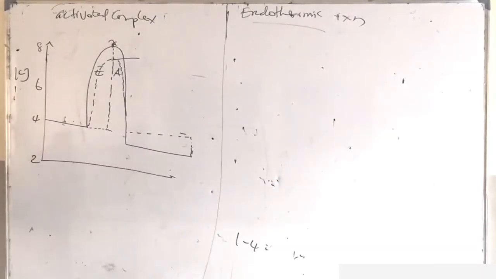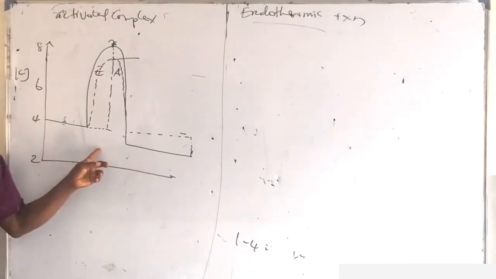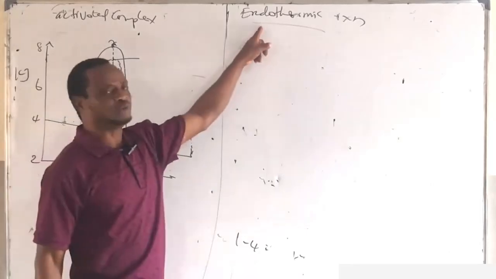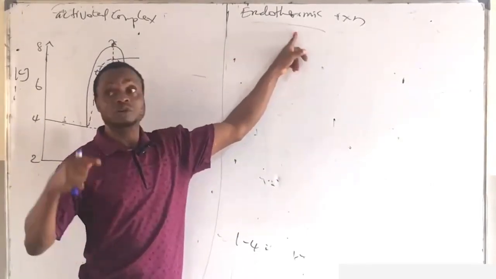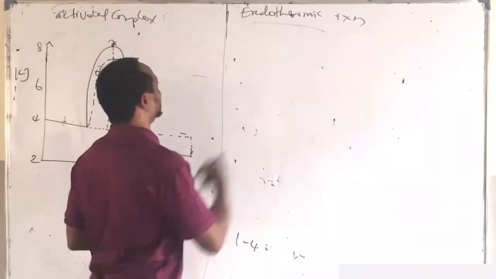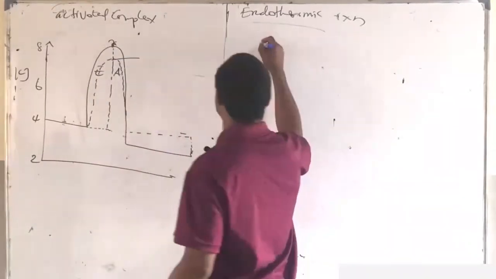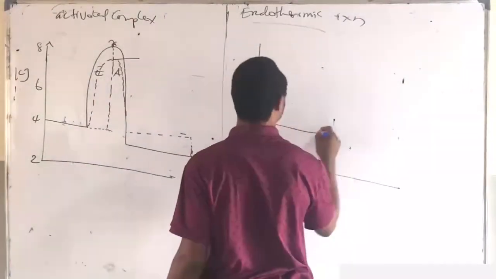And how do we know in the diagram? The enthalpy change is always negative. For an endothermic reaction, it absorbs heat from the surrounding. The enthalpy change is always positive, and the product is formed above the reactant. So you can know it in so many ways, either you solve it or